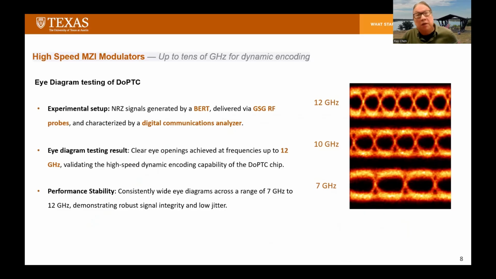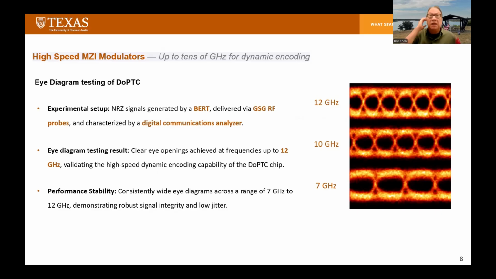So this is, as I mentioned, we are using the high-speed MZI to do the modulation. Again, this is showing you the eye diagram of the high speed. At this point, we have 12 gigahertz. We are still in the process of getting higher data rates also. So to fully unlock the high-speed capabilities of our carrier depletion MZI modulators, again, this is a fabricated AIM,